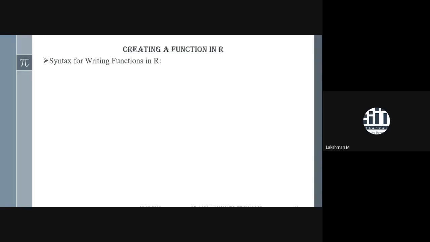Now I will talk about creating a function. To create a function in R, we need to follow a proper syntax. The syntax is common everywhere. We need to define a variable name for the R object for which we are creating the function. Whatever name you want to put, function underscore name or something. You can simply put a single letter as well, just Y, Z or something like that. You are free to go with your choice.